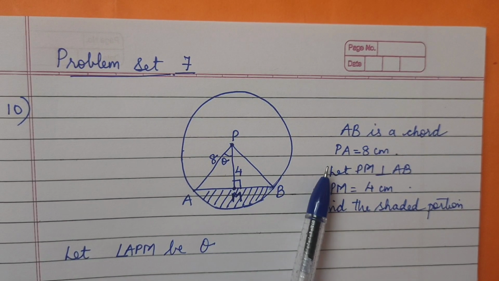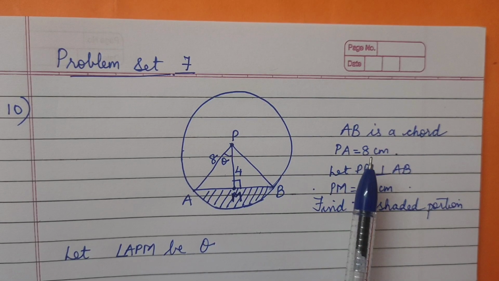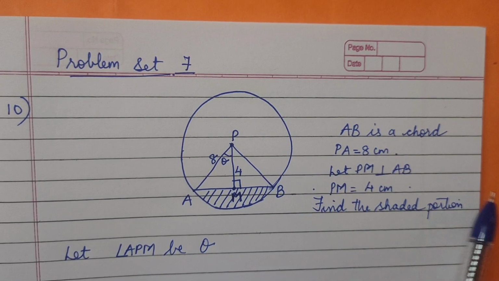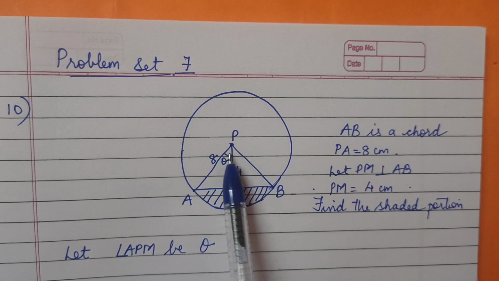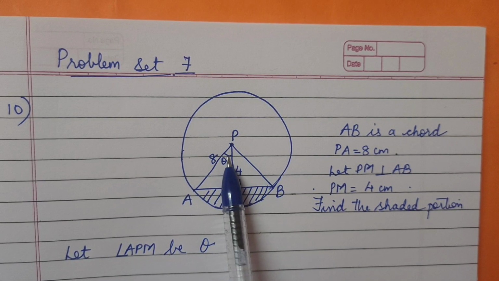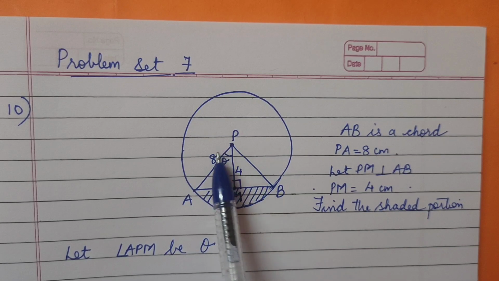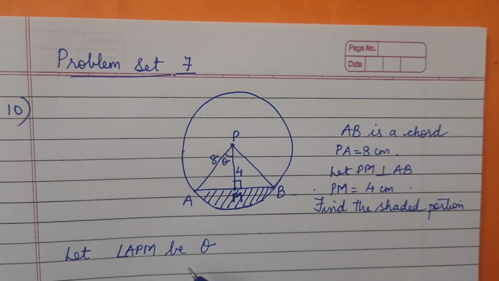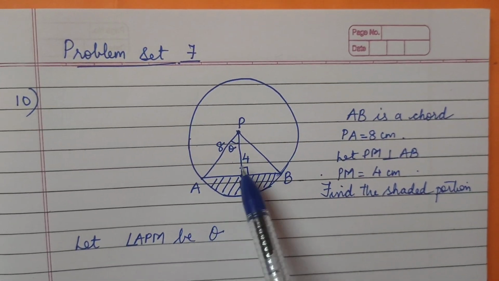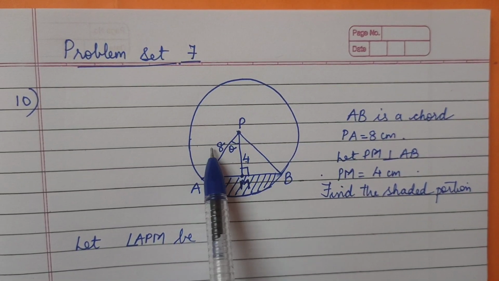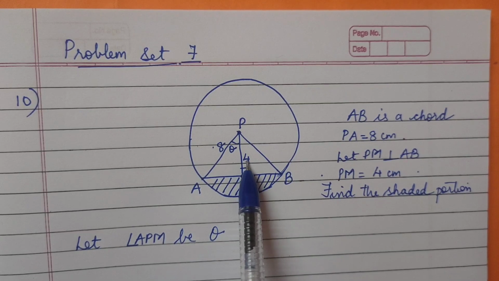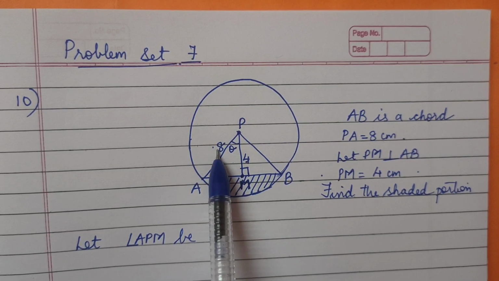Firstly, for the area of a sector, the formula is what? Theta upon 360 into pi r square. But do we have a theta? Is the central angle given here? No. So we need to find the angle for this one, so that we can proceed with the area of a sector. So for that, what are we going to do? I have seen this is 4 and this is 8. This is double. 4 doubled is 8 here.